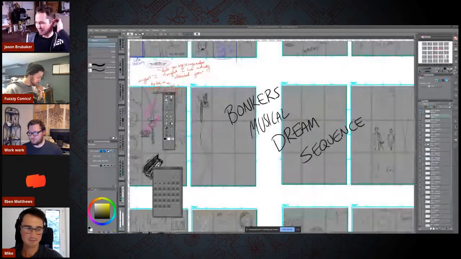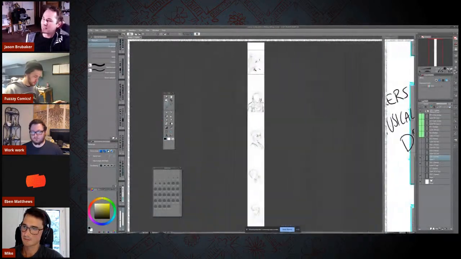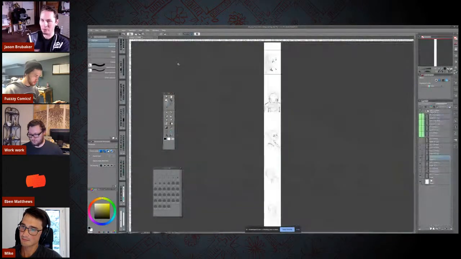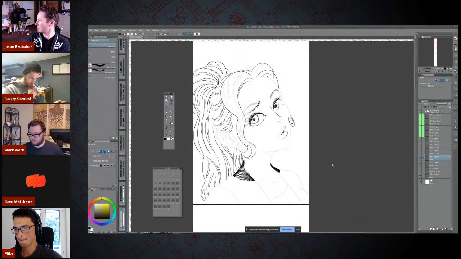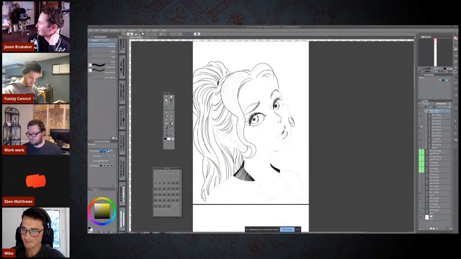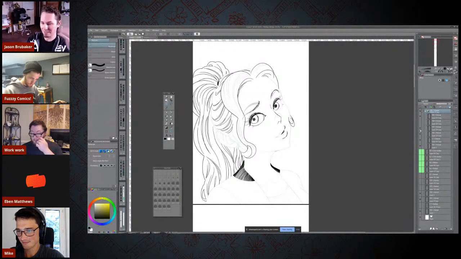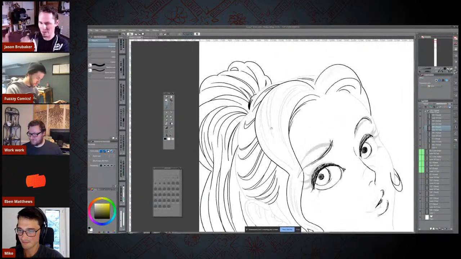Exactly. Like my son has this story about dragons that he's been working on for a while now, and he's read all the Wings of Fire books, which are 14 or 15 books, and they're all 300 pages. He just devours them. So now he's making his own dragons comic, and that's cool. He came to me the other day and he's like, "Hey, Dad, how would you draw this guy? I want to see you draw it." And so we sat down and I did a version of his dragon.